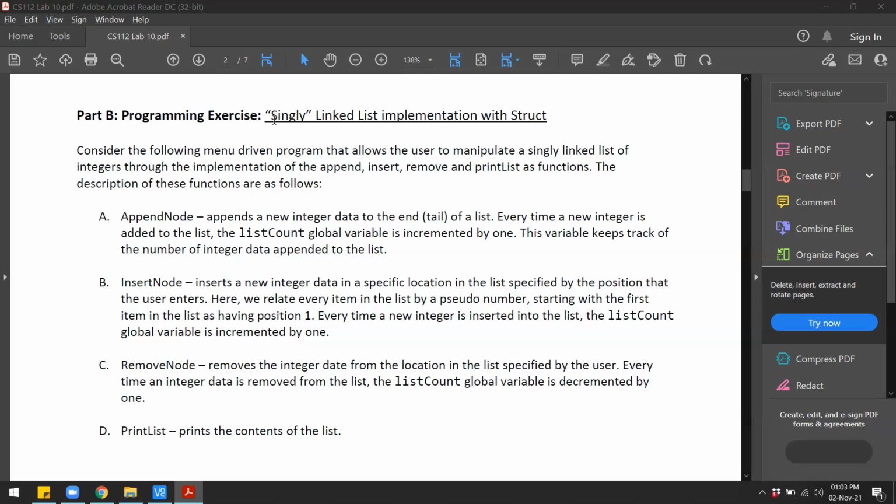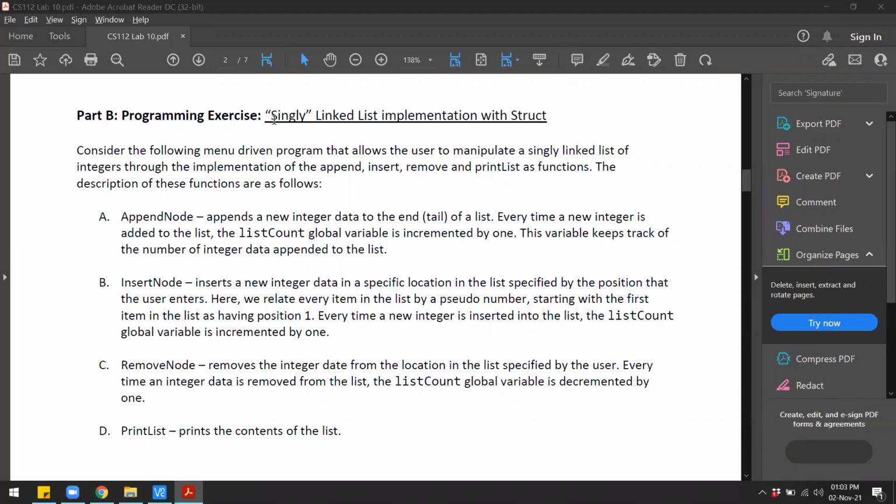That means each node in the list will have exactly one pointer, and that is going to point to the next or the previous node in the list, right? So I have said next or previous. It is not both. Depending on how your list or the nodes are connected, you will have one pointer pointing to some other node in the list.